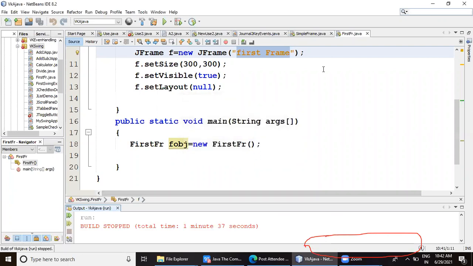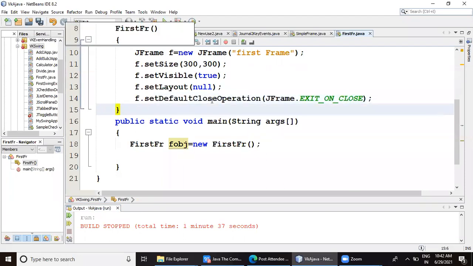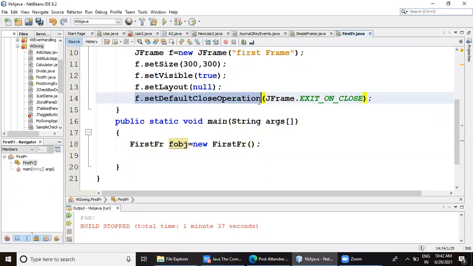This is something I will have to do every time I execute it, to stop the execution. That's why this line, setDefaultCloseOperation, is there. So what is the default close operation of the frame? There are various options for closing this. I will explain the other options later when we see the next program, but right now, there is one option for the